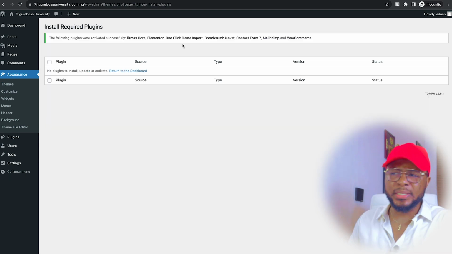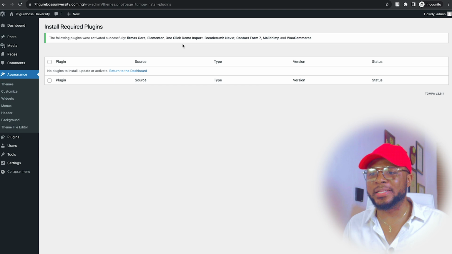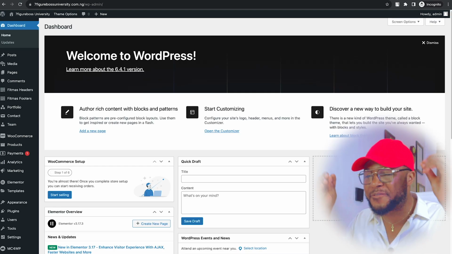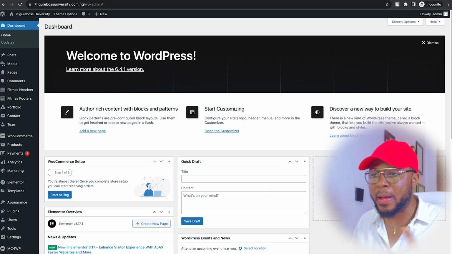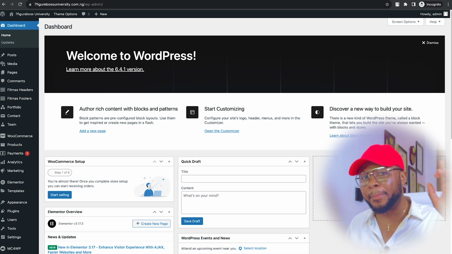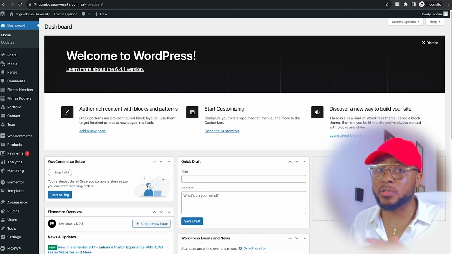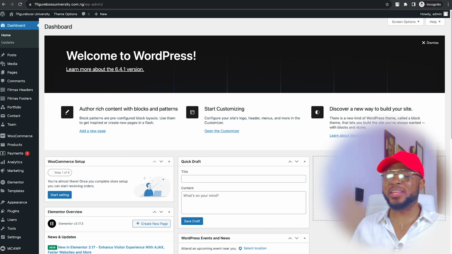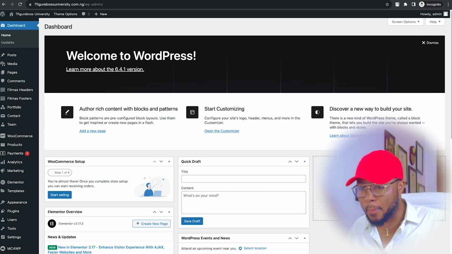Wow. Now it's completed. We have activated all the plugins. The next thing we're going to do is to import the demo data. I want you to pay very good attention here so that you don't miss this part, because this is the most important part that you don't have to miss, because once you miss it, your website is not going to look good. So now the next thing you're going to do to import the data is to come over on